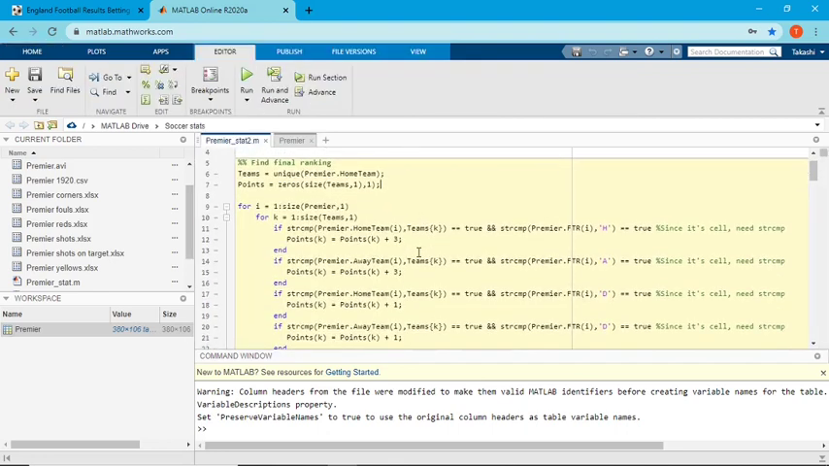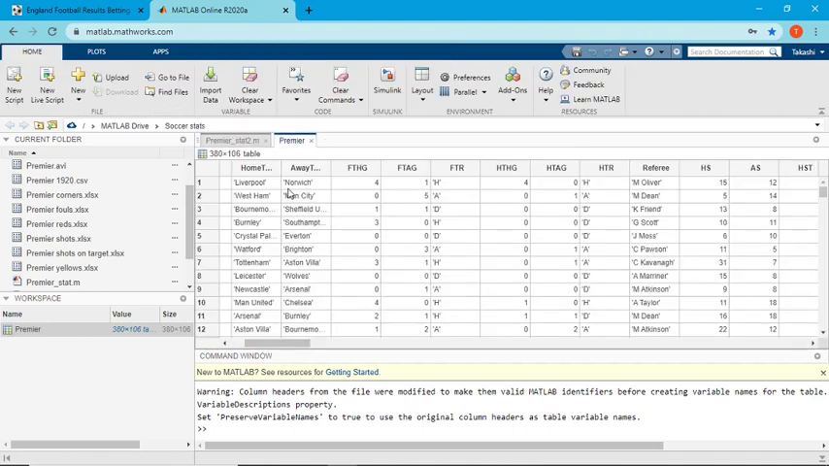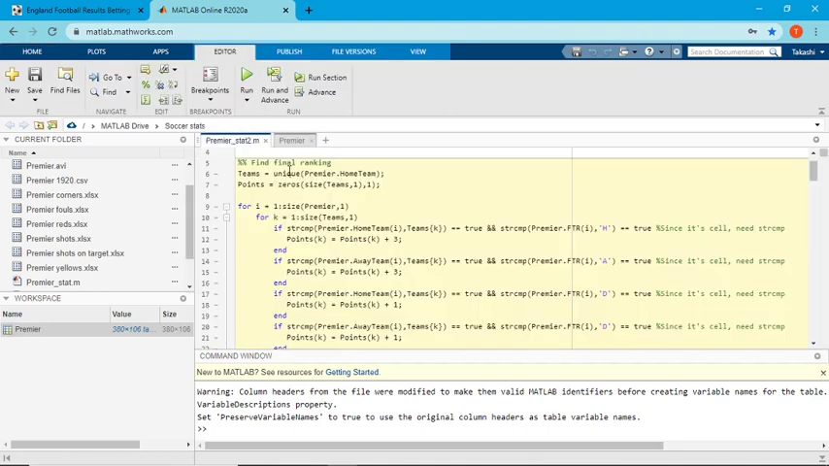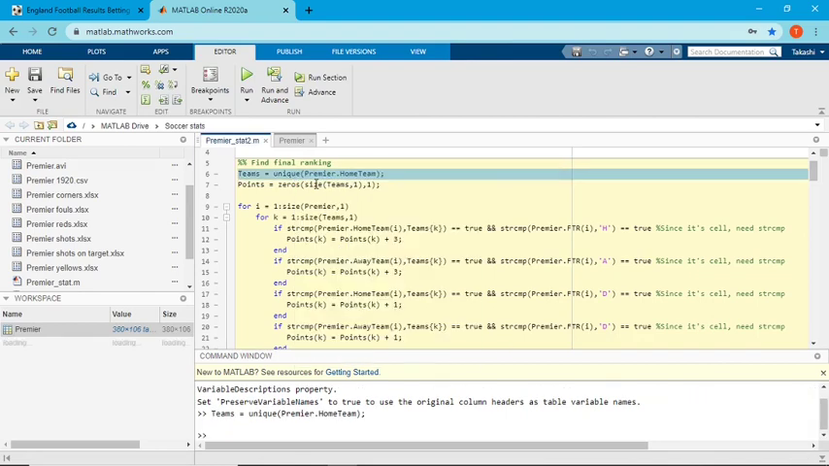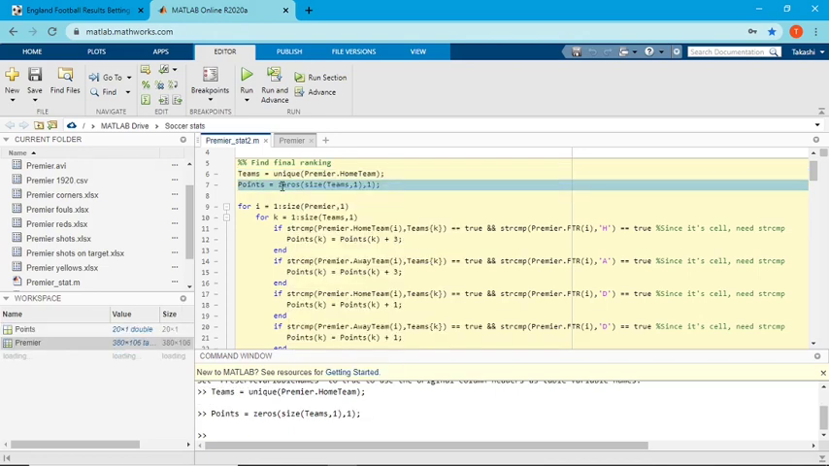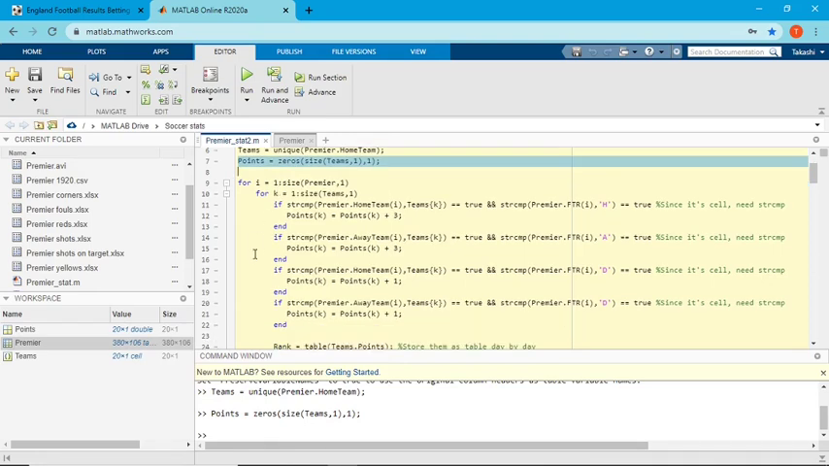Then the second step is to find the final ranking. Unfortunately, this data does not have accumulated points or a final ranking table, so I have to calculate it. First of all, this line finds all teams in this league. There are 20 teams, and this line makes sure all teams start from point 0, and this for loop